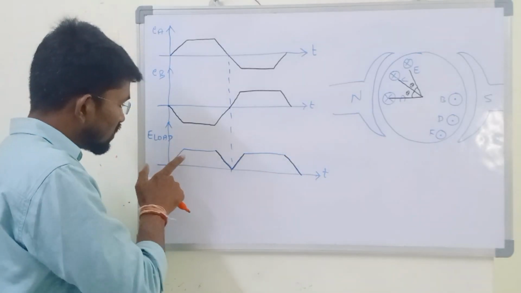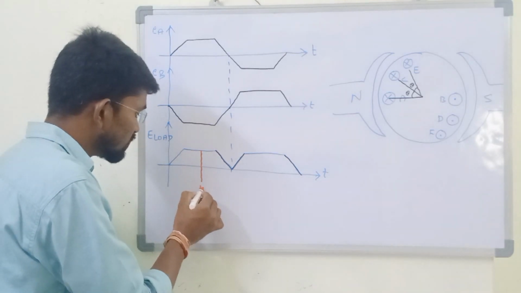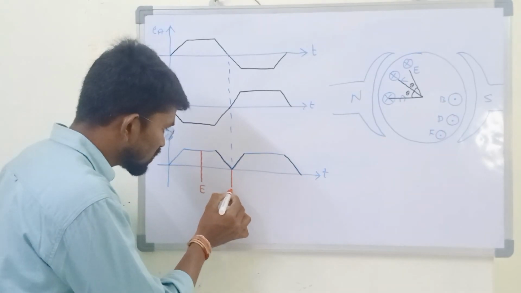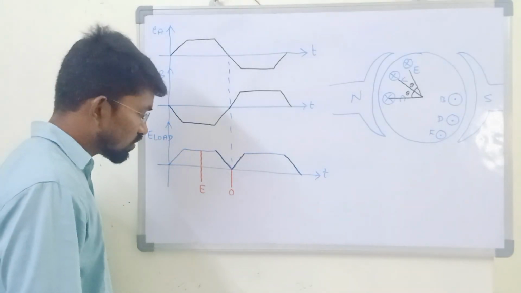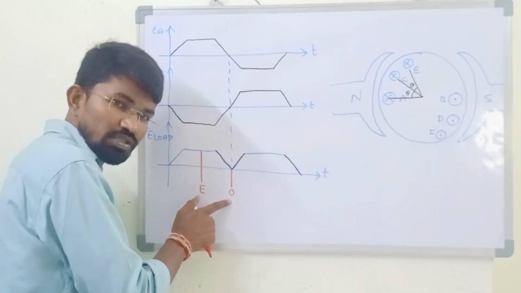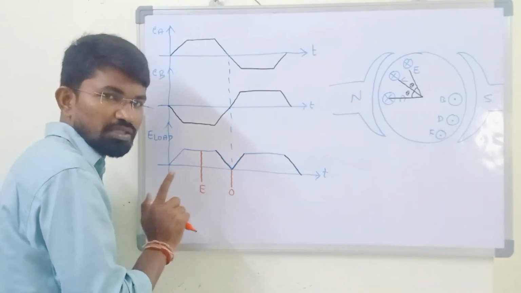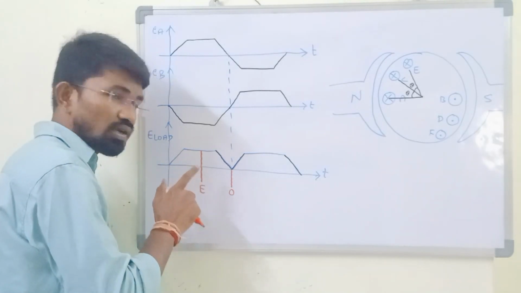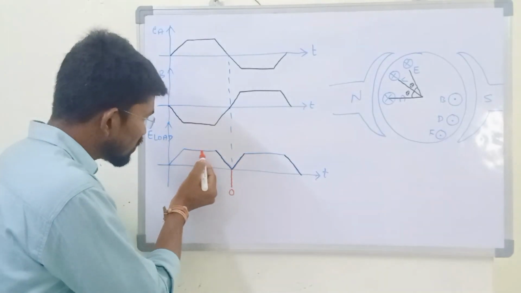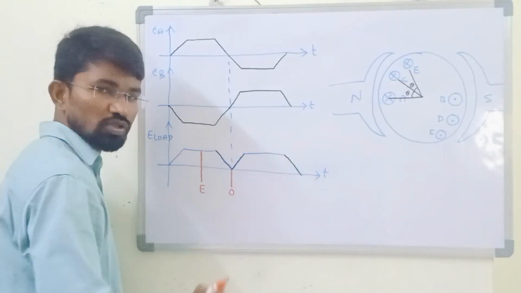Now, try to understand that this is the one coil voltage and at this instant, this is the coil voltage E. One coil voltage is E. And at this instant, what is this voltage? This voltage is exactly equal to 0. Yes or no? Now, if this E is 100%, the 0 will be exactly 0%. Yes or no? Then what is the percentage change in voltage here? 100% change. That means there is a 100% change in ripple factor. Yes or no? Now, when we are taking only a single coil, there is a 100% ripple factor. So, because of that, so many ripples are coming here.